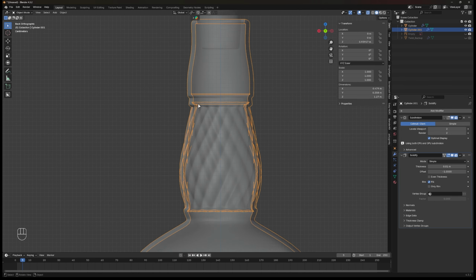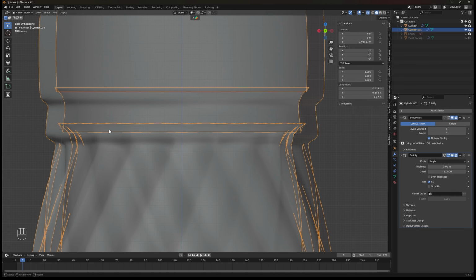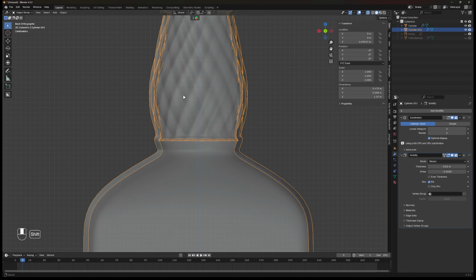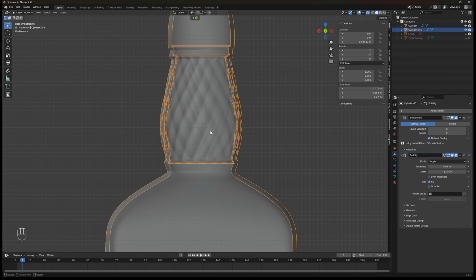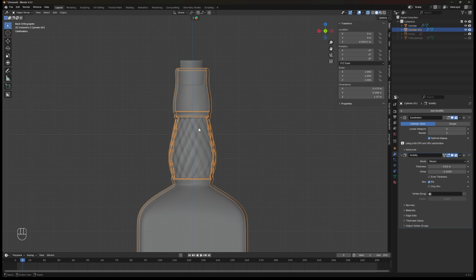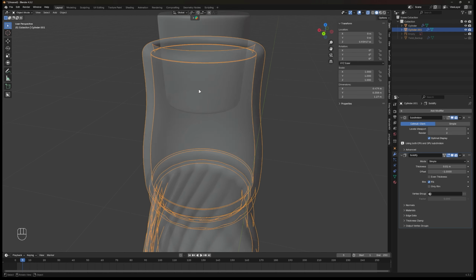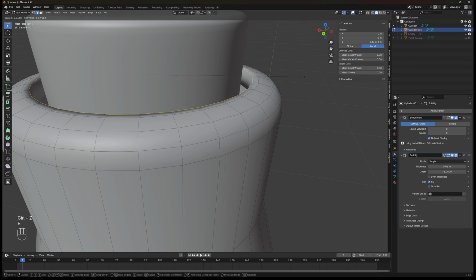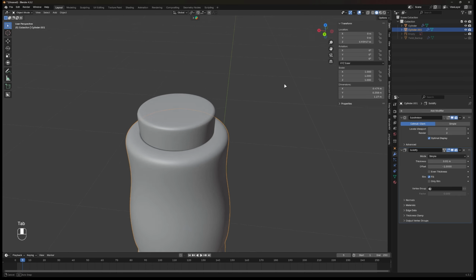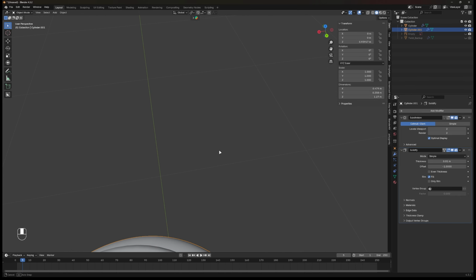So it creates an overlapping result here on the inner bottle. We could apply the solidify and fix them manually, but the tutorial will be too long, so just leave it for that. Moreover, we did not create the inner liquid on this bourbon because the glass is dark. Oh, and on the top here, just extrude then immediately scale the loop circle to fill the cap. Congrats, we have done the modeling process.